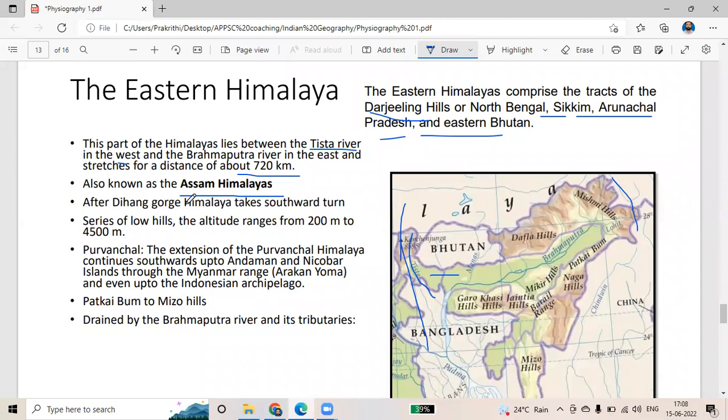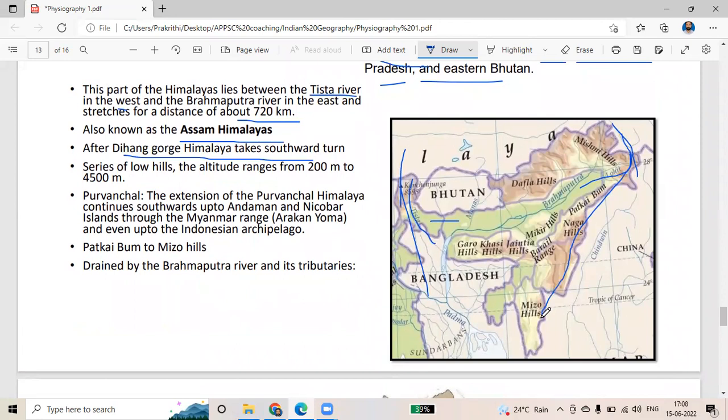तो इसका after Dihang Gorge Himalaya takes a southward extension. तो यहाँ दिहांग गॉर्ज है, दिहांग that is one another name of ब्रह्मपुत्र को भी बोलता है। यहाँ से it will take a southward extension, नीचे ये एक्सटेंड होके this will move up to अंडमान एंड निकोबार, इसका एक्सटेंशन उधर तक है। इंडोनेशियन वो एरिया को भी कवर करके this will go up to अंडमान एंड निकोबार। But when we say about the Himalaya we will consider only up to Mizo Hills, उसी रीजन तक कन्वर्ट करेगा।